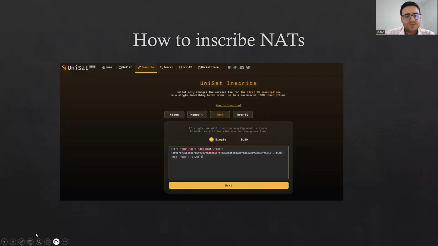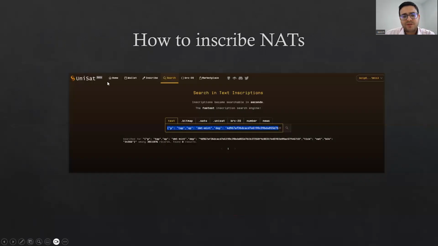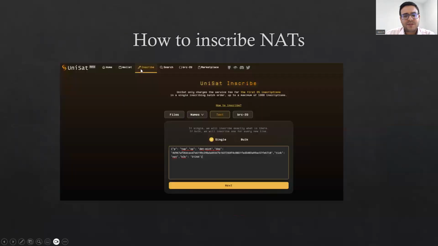You hit the search bar on Unisat under text and you type that in, hit the search button. And then when you're going to inscribe it, you just go to inscribe under text, copy it in, and as you can see, I've got the block number there. Hit next, follow the instructions, connect your wallet, etc., and you'll just pay the fees,